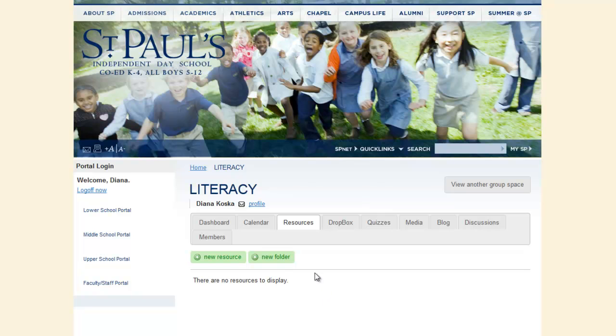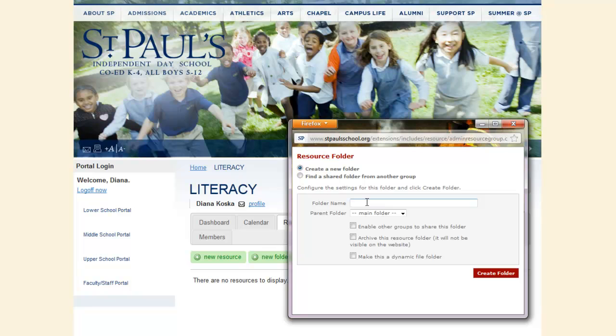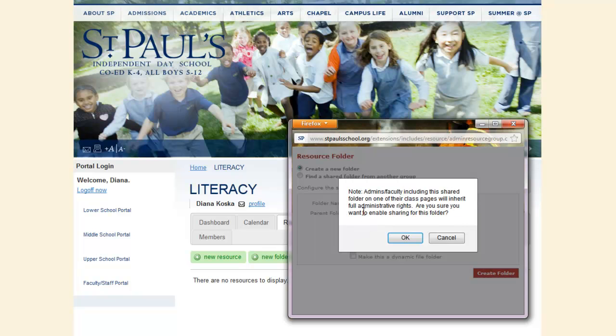When the resources loads up, click on New Folder. And in the new folder, you want to give it a name. For example, we may want a reading folder. And you may want to share it with other people in your grade or in your subject area. This is saying that they're allowed to add and remove things from it, which I'm sure you trust your colleagues,